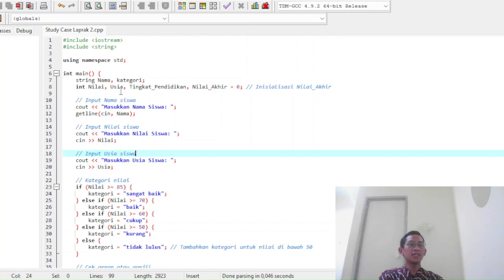In the 7th and 8th lines, we have string and integers, that is a data type declaration. We use two kinds of data types, string and integers. For string, we use it to declare two variables, that is nama for the student name and category for the score category. And for integers, we use it to declare four